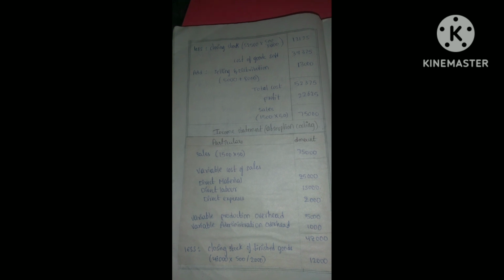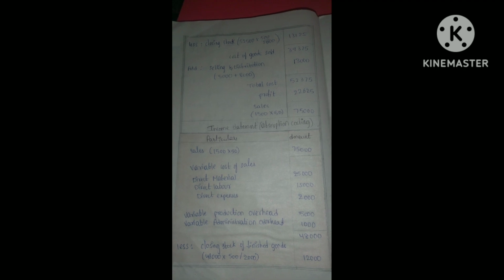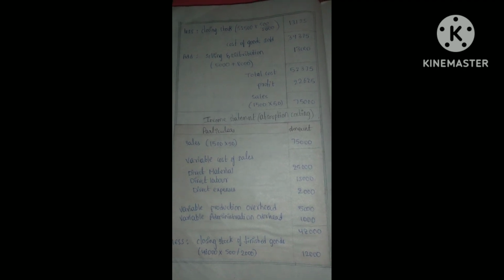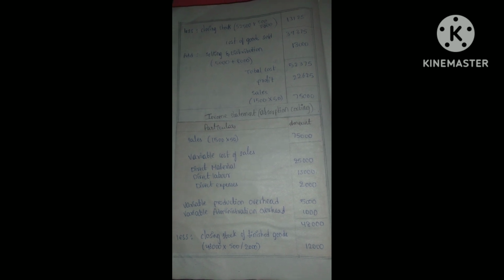Now subtract the closing stock. We know that closing stock is 500 units and the produced units is 2000. So first we have to calculate the closing stock. Calculate the closing stock by multiplying it with the cost of production, that is 52,500 into 500 by 2000, so